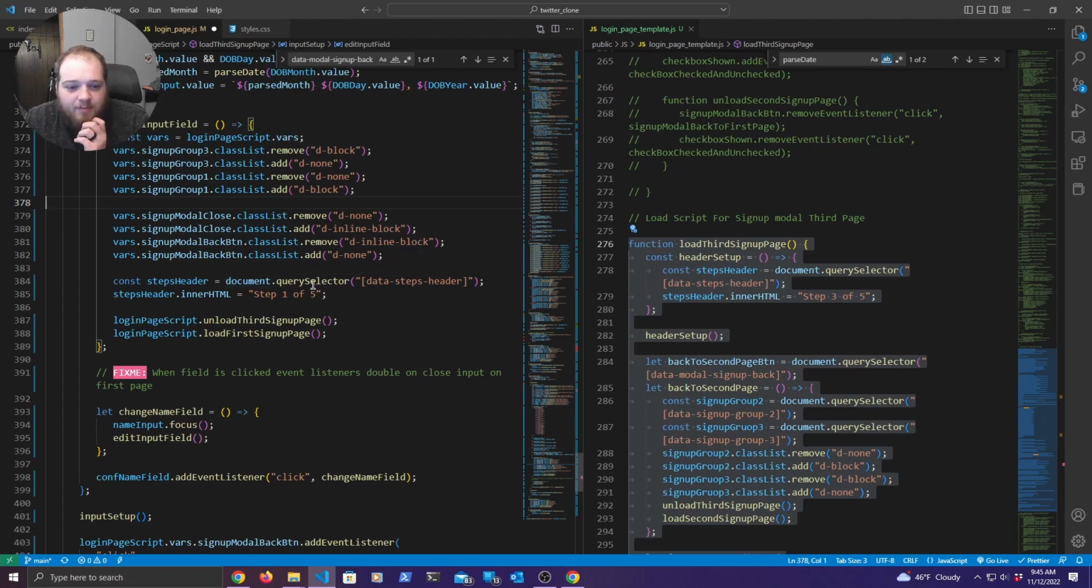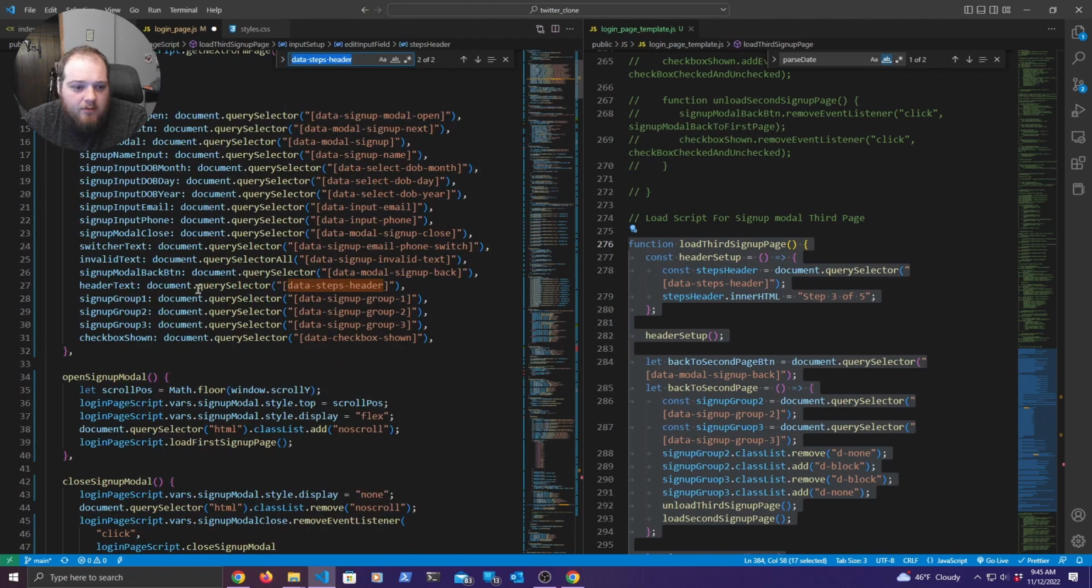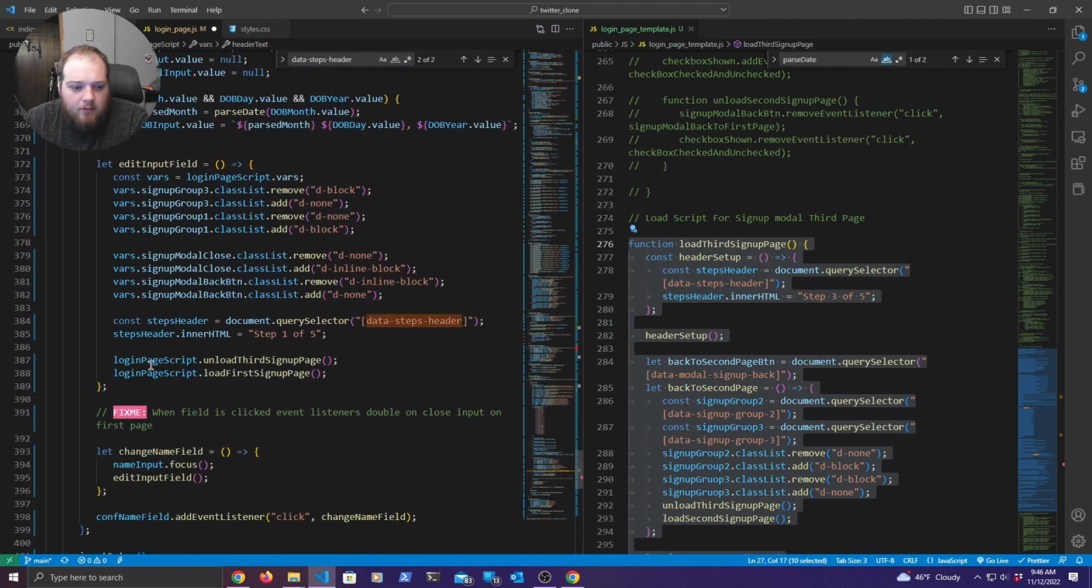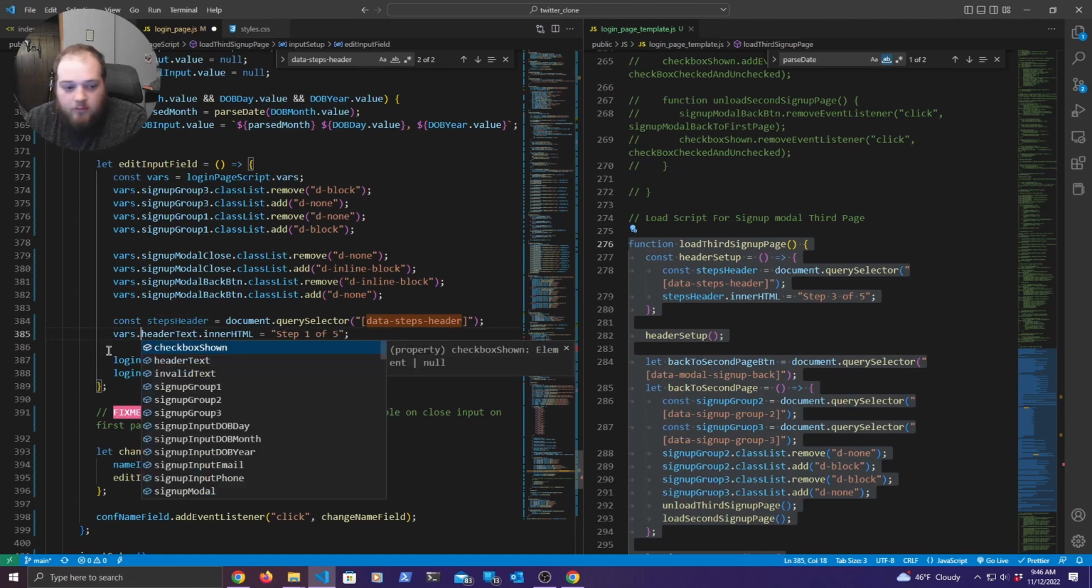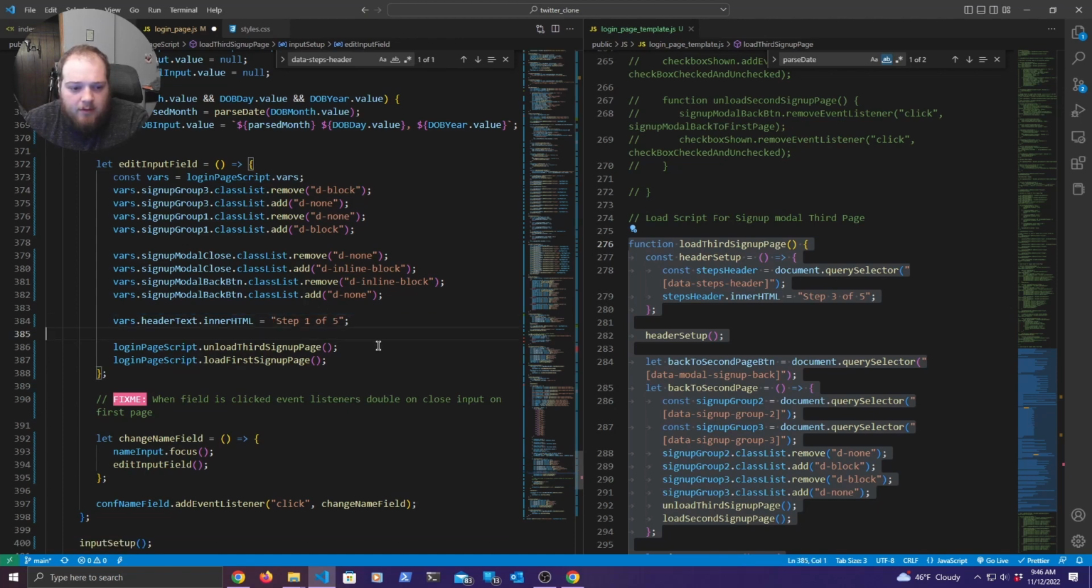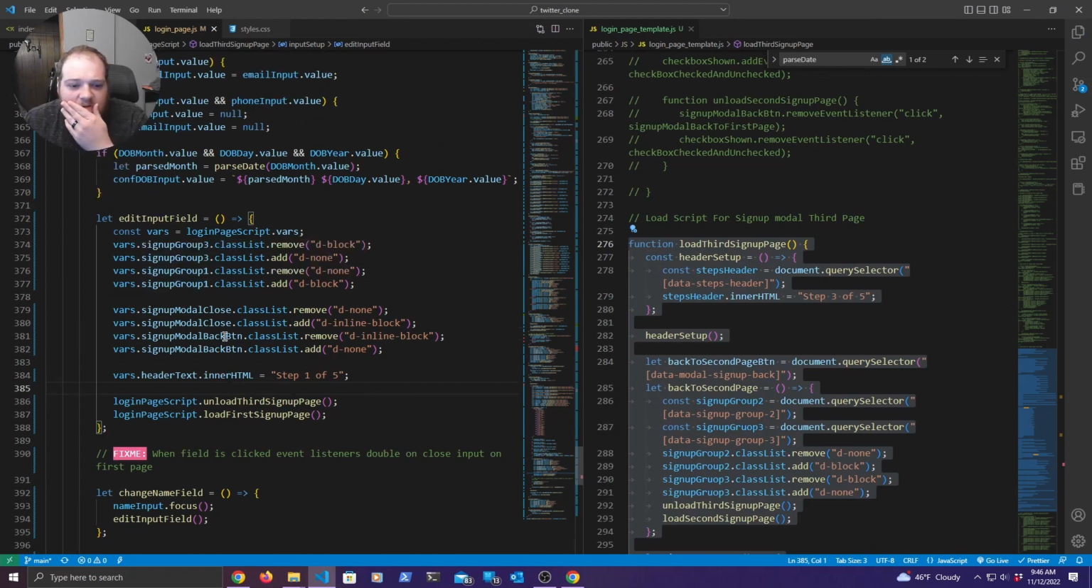And then steps header. We can get that. I'm pretty sure it's like header text. Yeah, header text. So we'll do that. So vars dot that. Alright. And then, okay. So we've got that. Alright, so now this is saying